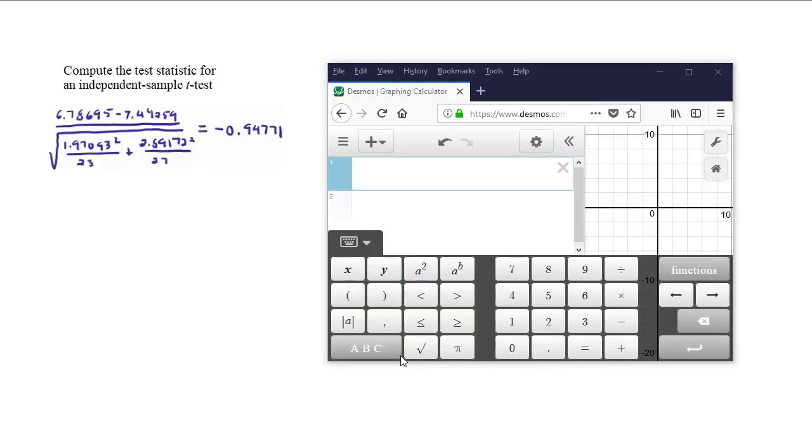In this video, we use Desmos to compute the test statistic for an independent sample t-test. This is a fairly complicated fraction, and we start off by creating a simple fraction such as 1/2 to create a clearly defined numerator and denominator. Move the insertion point to the numerator, backspace over the existing 1, enter the numerator